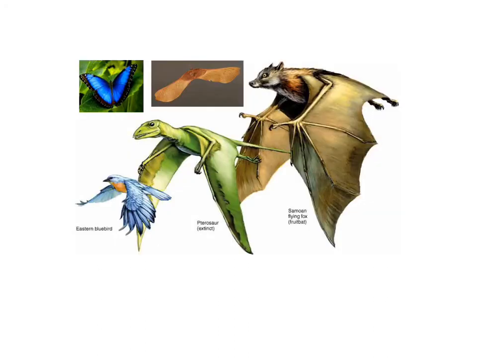Here we have a bird's wing. We have a pterosaur, which is a reptile, an extinct reptile from the time of the dinosaurs. We have a bat, which is a mammal. We have a butterfly, which is an insect. And then this is the seed from a maple tree. And it actually has these two wings. There's two seeds here, one here and one here. And it has these wings, and it actually can fly sort of out of the tree to find a place